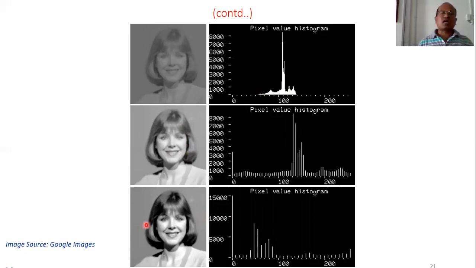So how does histogram equalization, contrast stretching, work? You can understand from this example. See the first image, compare the second image with the first one, then again compare the third image with the second one. You will find that the third image is looking much better as compared to the first and second images. So this is the power of contrast enhancement or the power of the histogram equalization method.